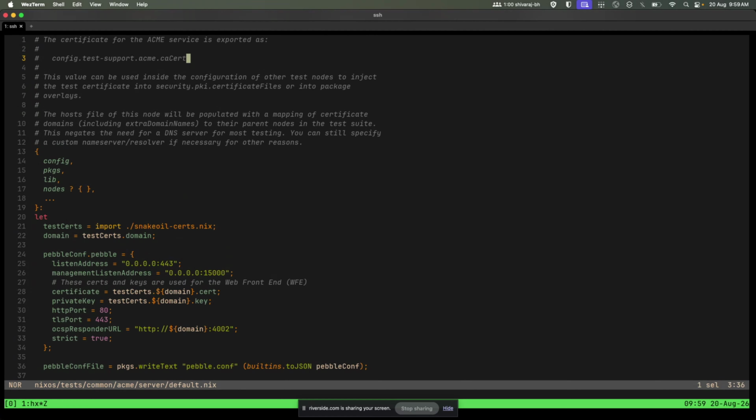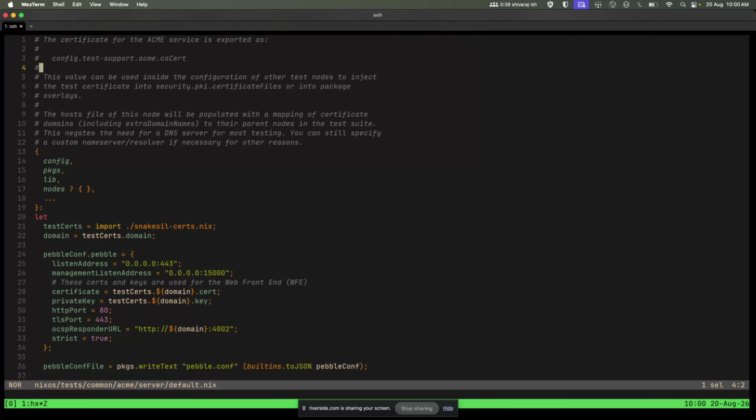The certificate for the Acme service is exported as config test support acme CI cert. So we can use this. Yeah. Right? Cool. This value can be used inside the configuration of other test nodes to inject the test certificates